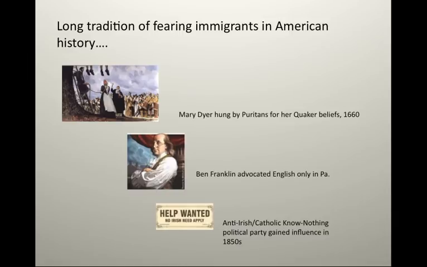He said that there would be a need for translators to tell one half of the Pennsylvania Assembly what the other half was saying because of the split between English and German speakers. So he put forward a vote in the Assembly calling on English to be the official language, and by one vote it passed. In the 19th century, Irish immigration inspired a backlash of nativism.